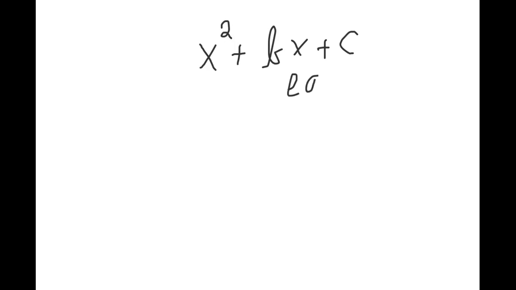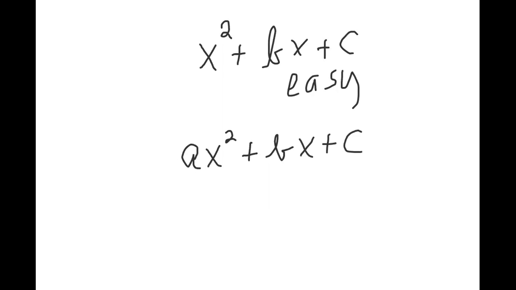Now, Moijan, the times when you want to use the AC method is when you have a leading coefficient that is not equivalent to 1, okay? That is not equivalent to 1. So A is not equal to 1. When you have these type of leading coefficients, then you do want to use the AC method. Unless, of course,